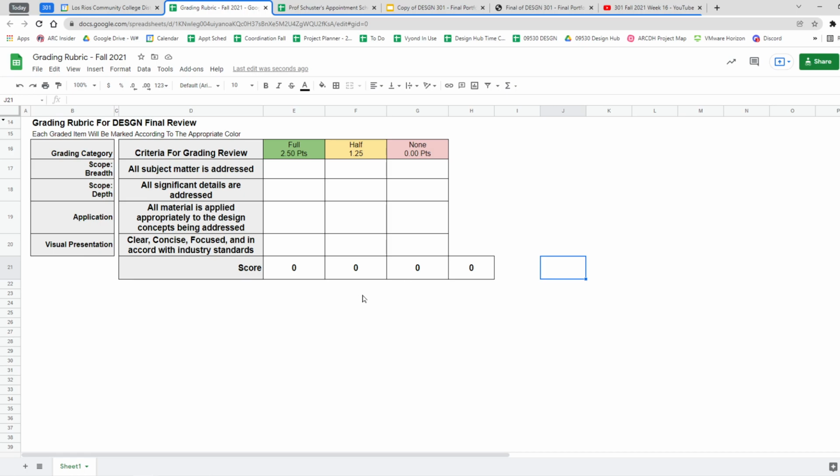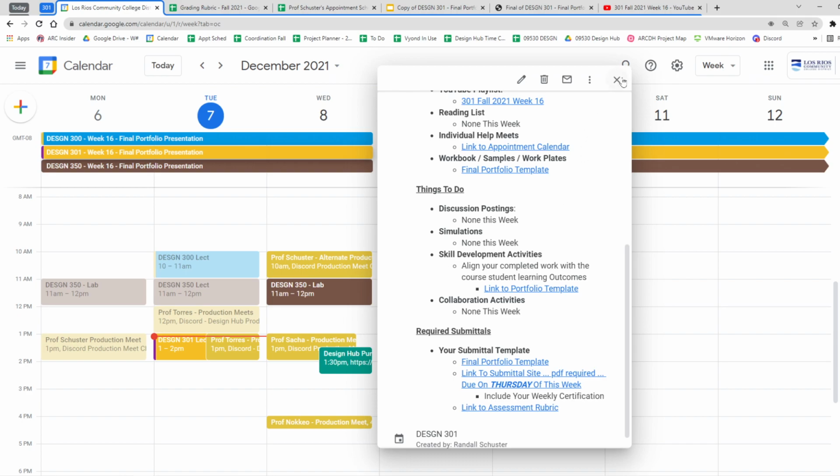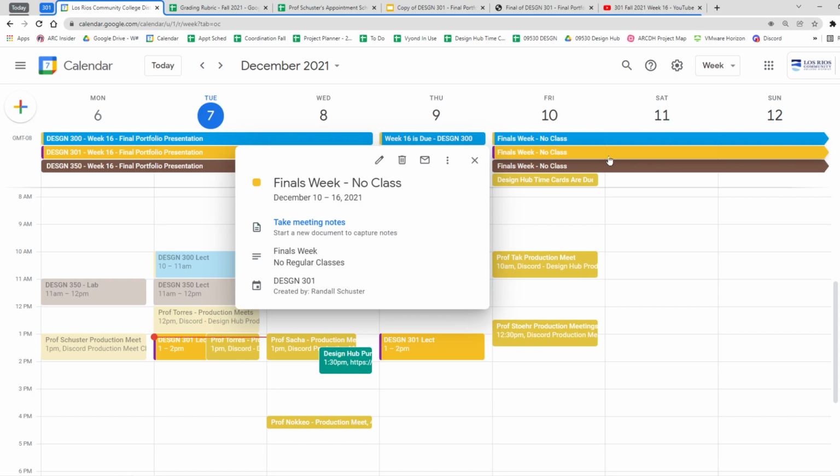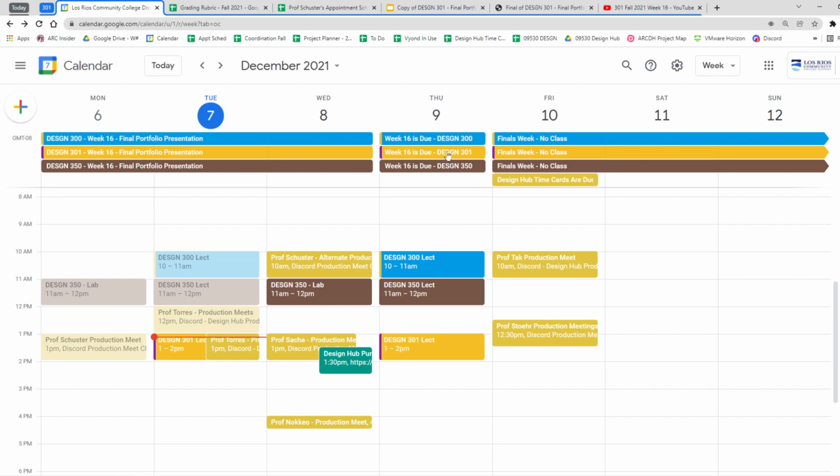That's how you'll get your grading done. Remember, the syllabus says that for grading, you must turn in a final portfolio. Now, you have actually two chances. If you turn it in here and that's all the work you did, you will get that grade copied over to here, to the finals. But if you don't turn in a final portfolio presentation, remember that my syllabus says you go down one grade